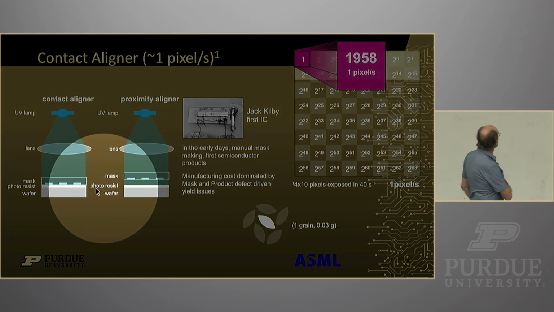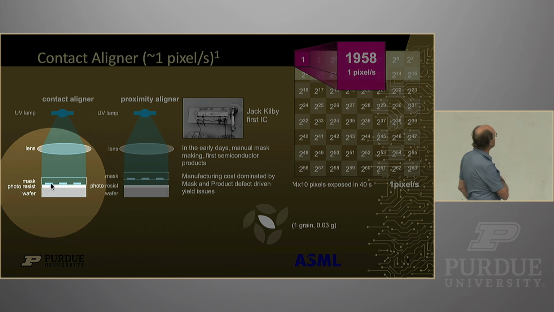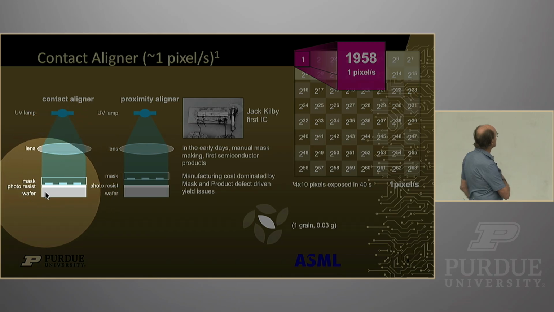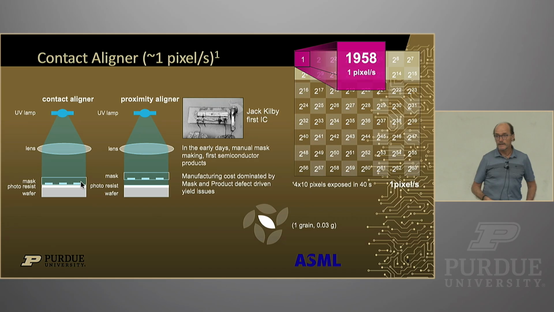I have a wafer here with photoresist on it and a mask. The mask is the blueprint of the patterns that I want. And in a contact aligner, we would just shine light, and the shadow of the mask would expose the resist. And anywhere where the resist becomes exposed, it becomes soluble. Now I can remove the resist. Now I can use deposition processes or etch processes or ion implantation, and that's how you can build up a